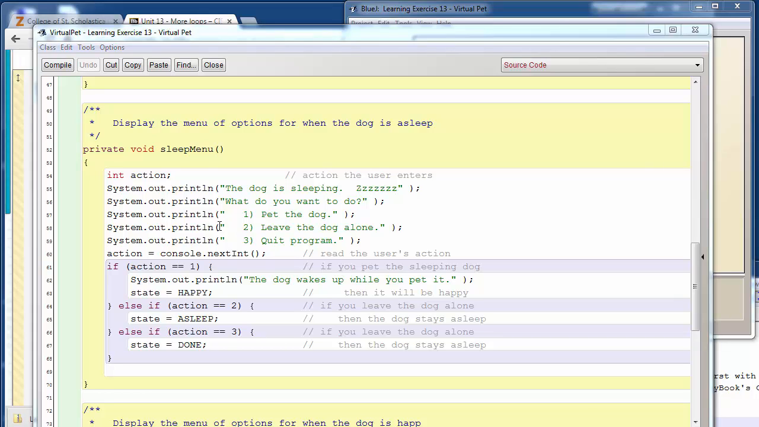And we print out the menu and read in an integer into action. 1, 2, or 3 they should pick. So if they pick 1, that means you want to pet the dog, and the dog wakes up. And this is important. We change the state to happy then. So now the state is happy. So the next time through the loop, the happy menu will be